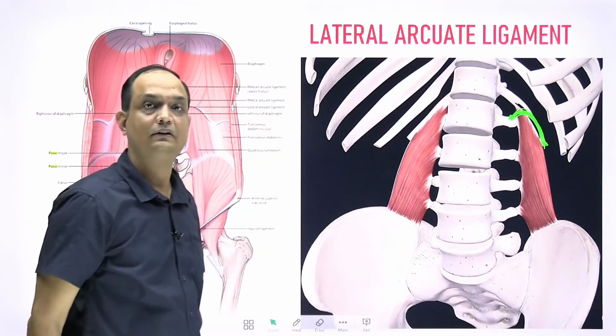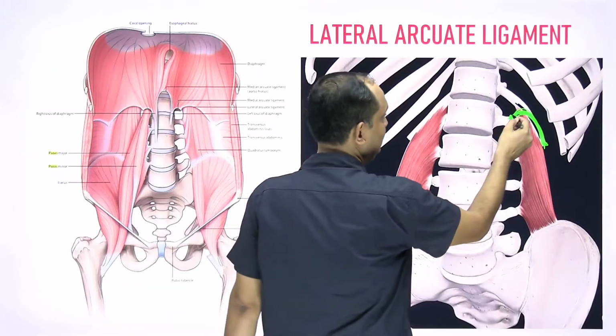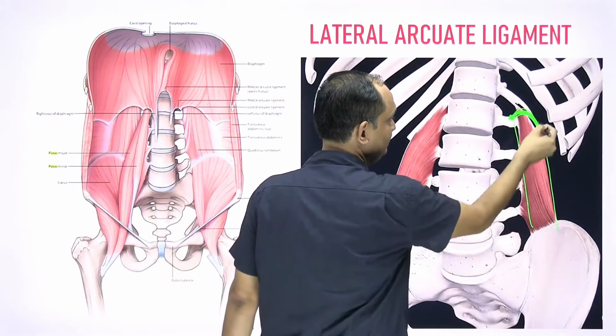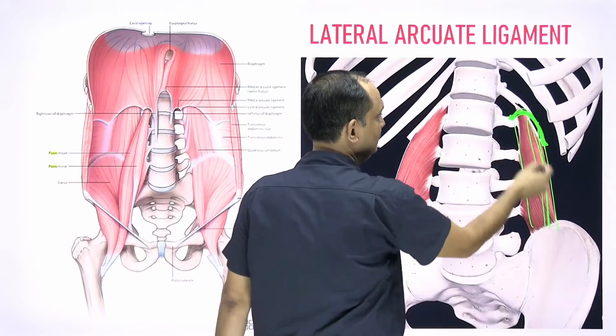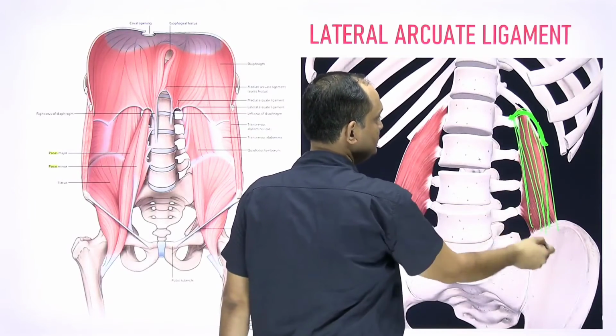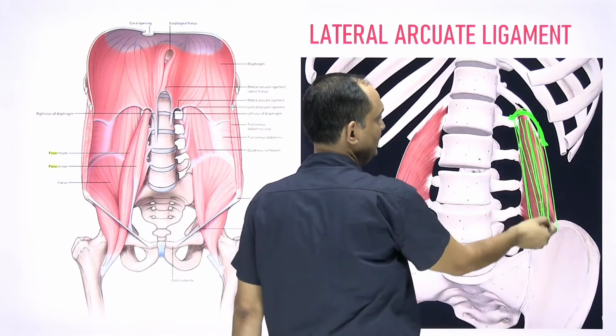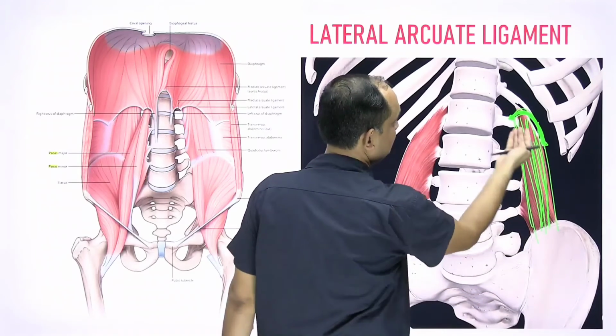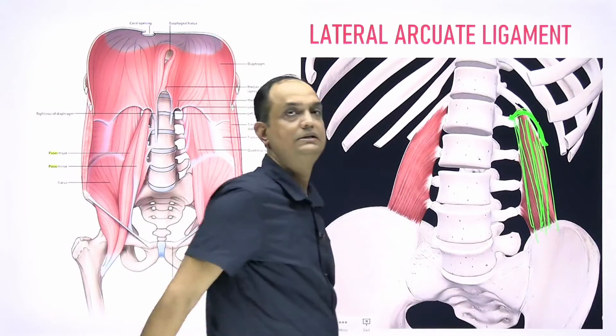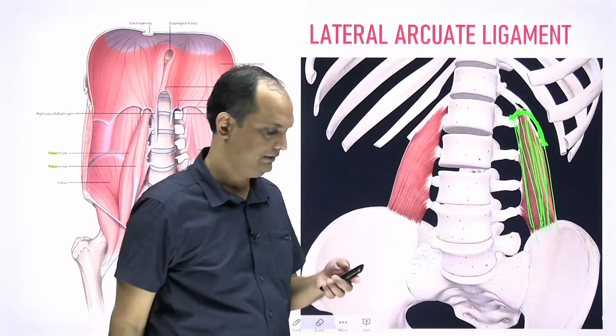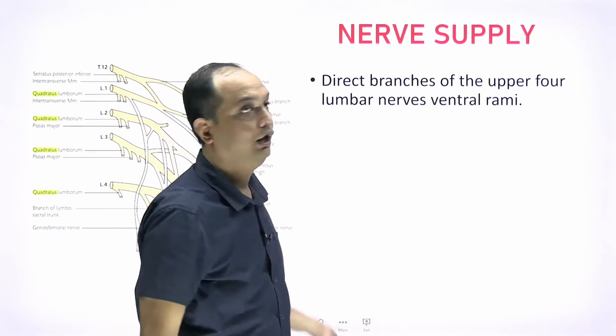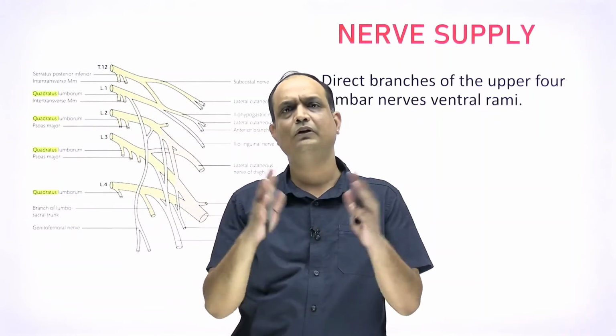But my dear friend, it is not like that, because anteriorly you have the covering which is known as the anterior layer of thoracolumbar fascia. So, if I draw the thoracolumbar fascia, you will realize that this fascia has a modification known as the lateral arcuate ligament. Now, what is the nerve supply of the quadratus lumborum, which is a very commonly asked MCQ